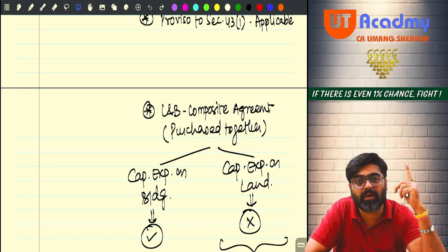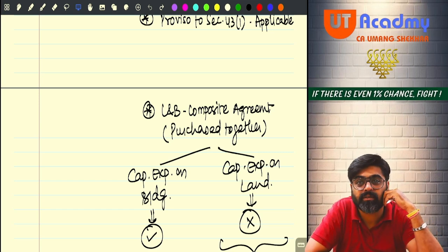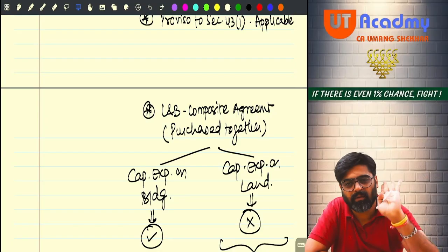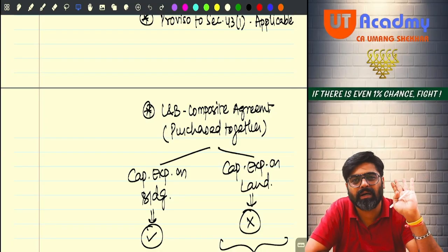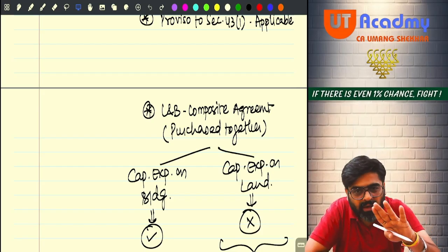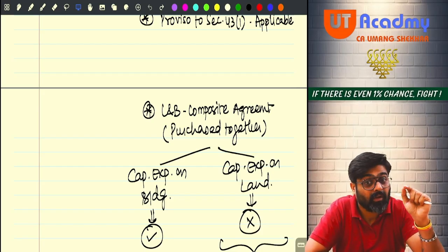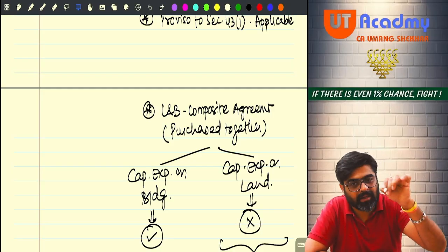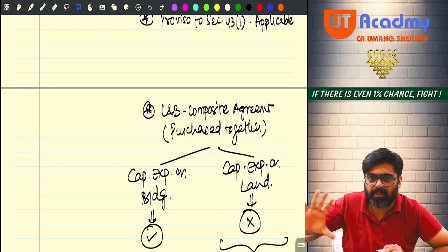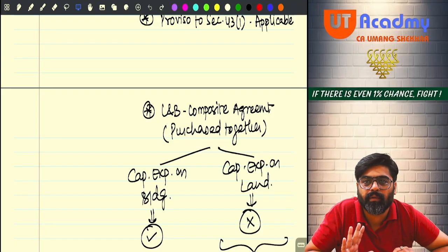Another amendment will come in section 40(b), where the book profit limits have been changed. These 3 places only, these notes are to be upgraded. That's it. Other than that, every single thing is the same. So whenever you see any such thing where there was an amendment, put that amendment here, take the reference of these notes and prepare your notes properly. Will you be able to do it? Sure.